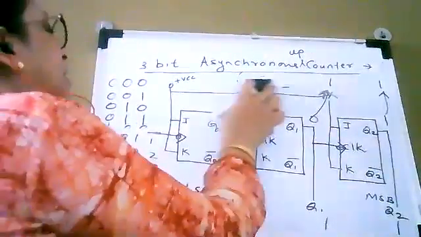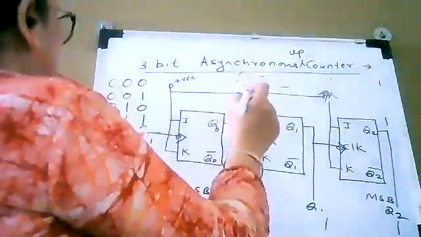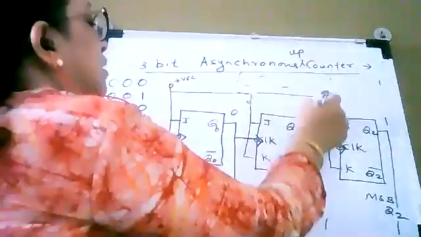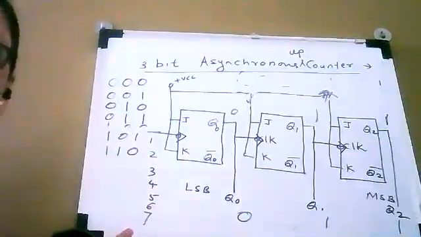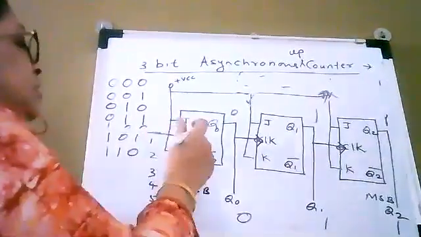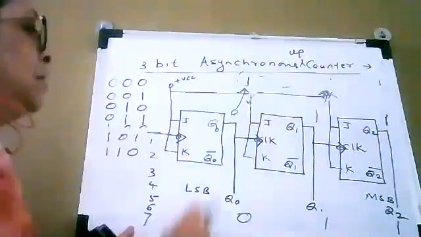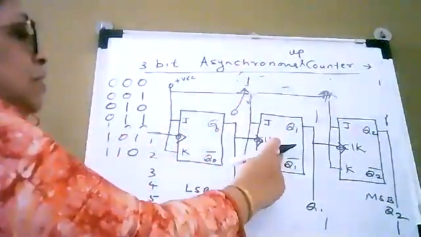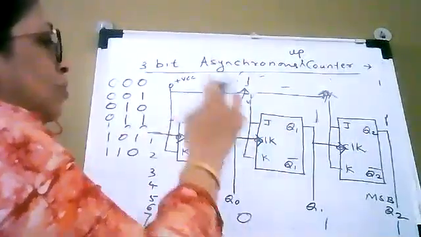Now your initial count here is like this, 1 1 0. And now let us see, we are going to apply the seventh clock pulse, and as we are going to apply the seventh clock pulse here, which is applied to the first flip-flop, it is going to make a transition from 0 to 1. So this 0 to 1 transition is applied to flip-flop number 2. So as it is 0